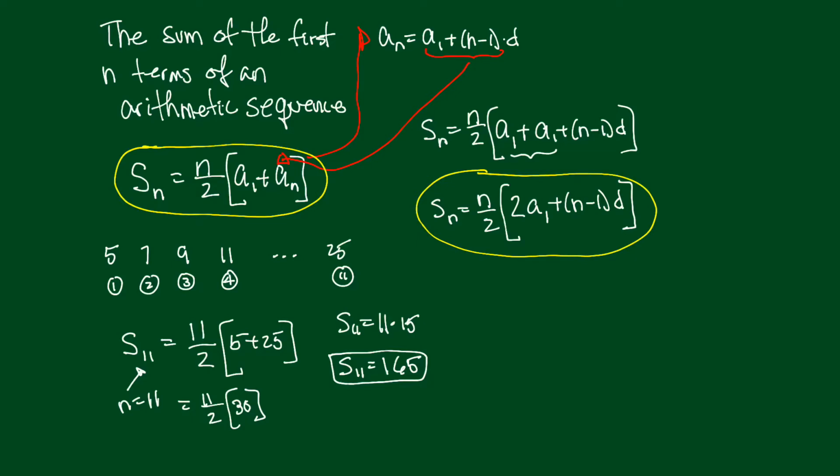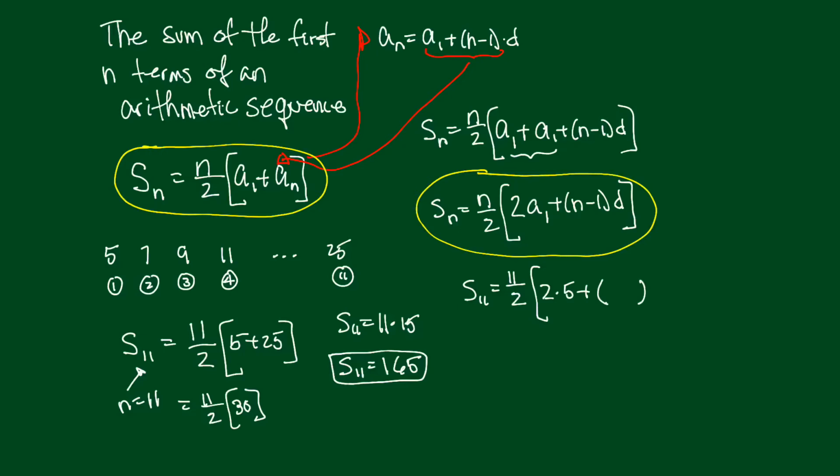So here's an example. If we use our example from back over here, let's just use this one, and we'll find S11. Use this formula here to find the sum of those first 11 terms. I'm using this one, so what do you get? 11 over 2 times 2 times a1. Now a1 is what? Well, that's the first term in the sequence, and the first term is 5, so we'll use the 5, 2 times 5, plus,